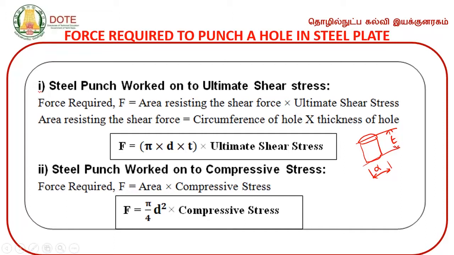Clear? Now we are going to make a punch. Imagine, comparatively it is small. You imagine you are going to make a punch to make the hole. So the area resisting will be,